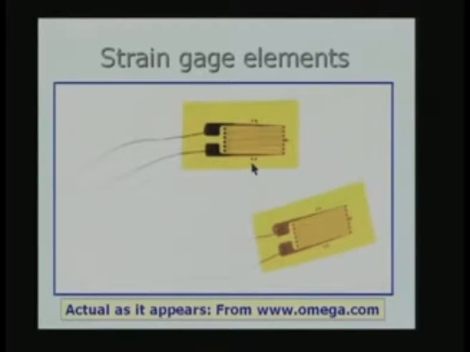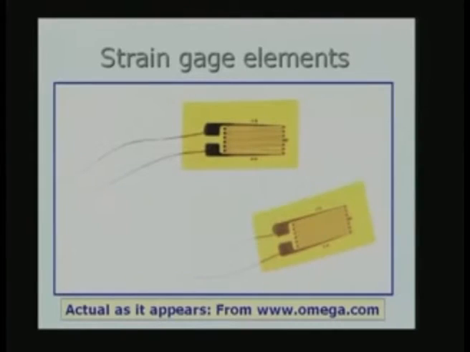If there is no strain in the element, it will have a certain resistance. This resistance is the resistance of the strain gauge, which is going to be quoted. There are 2 values which are usually used in practice. One is 120 ohms, which is standard. The next one is 350 ohms. These are 2 standard values. 350 ohms is the larger value, 120 ohms is the smaller value. So, 2 values are normally used in practice.